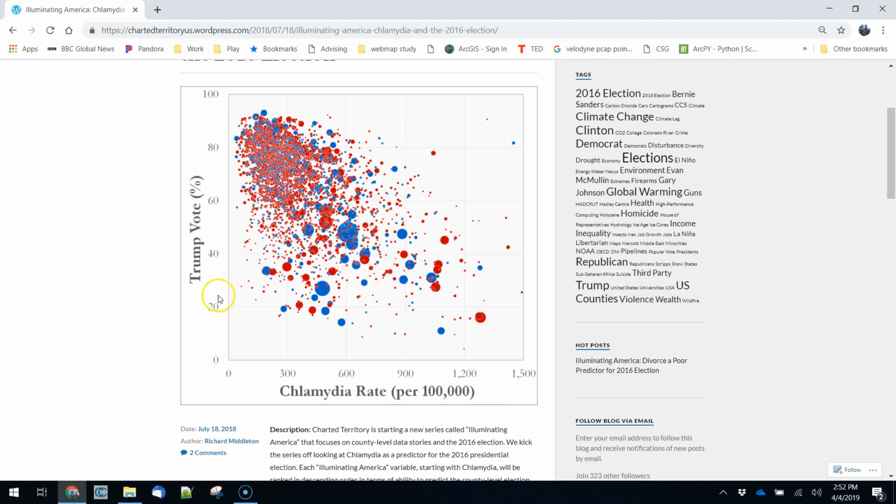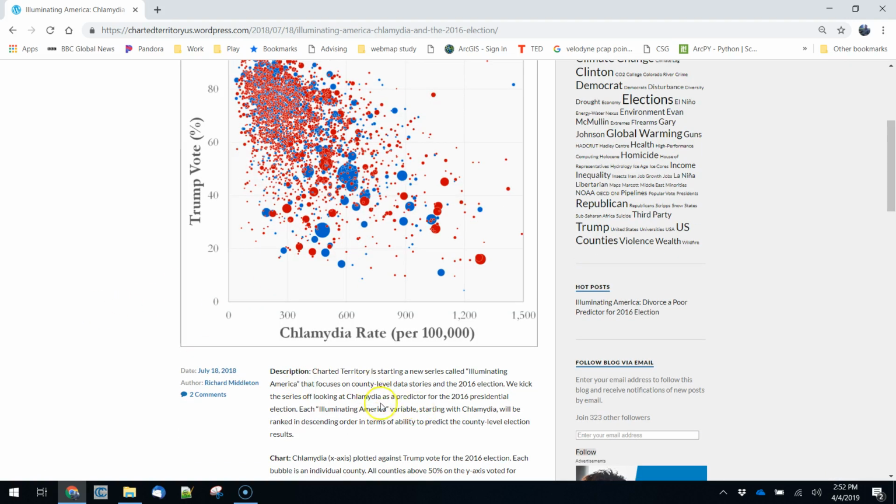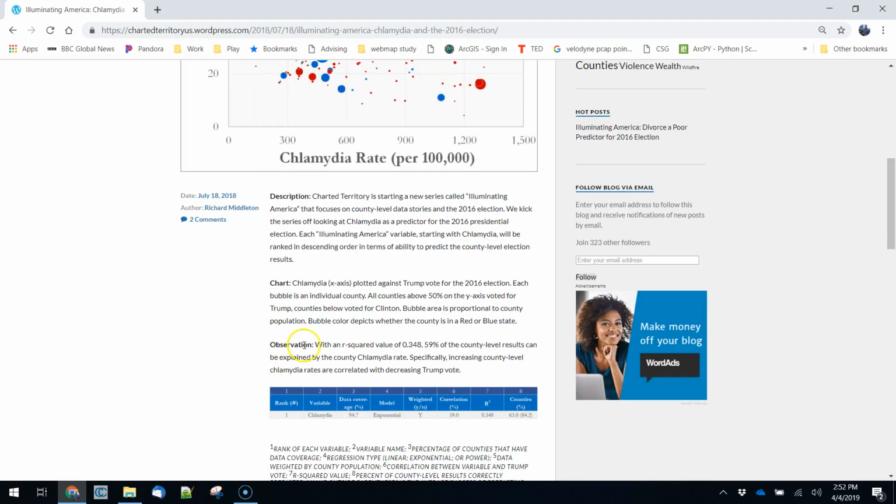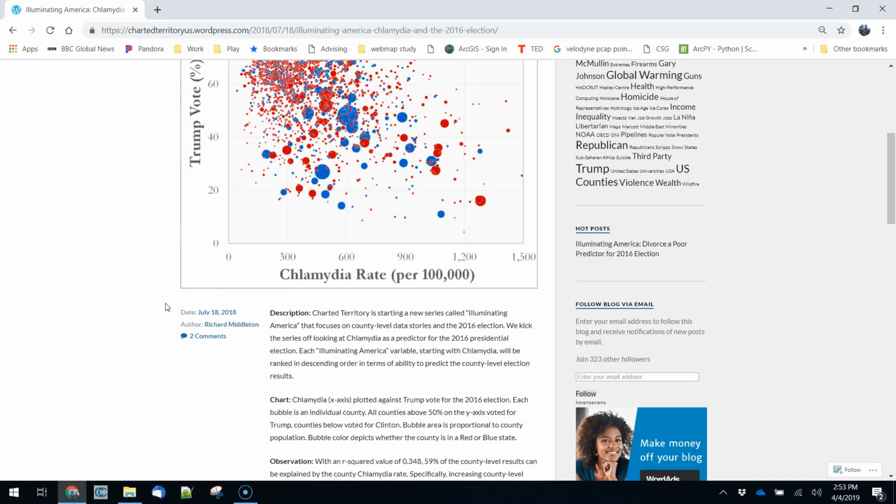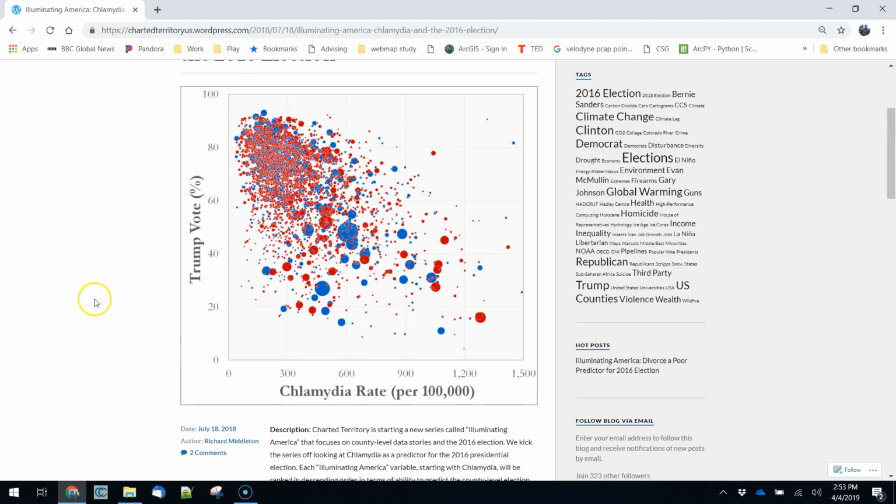This is just election data. The bubbles are color coded. You have to dig into this a little bit, but here we are. Each bubble is an individual county. I suppose I should say that. Any counties where the state voted for Trump are color coded red. Any counties in states that voted for Clinton are blue. It's important to keep in mind that these are counties, but they're color coded by their state value.